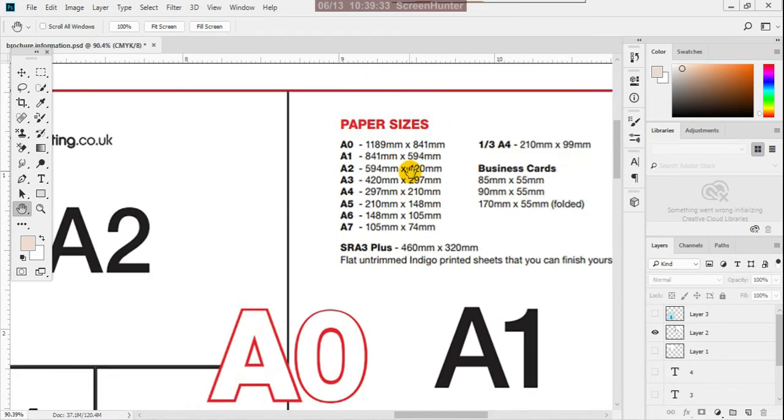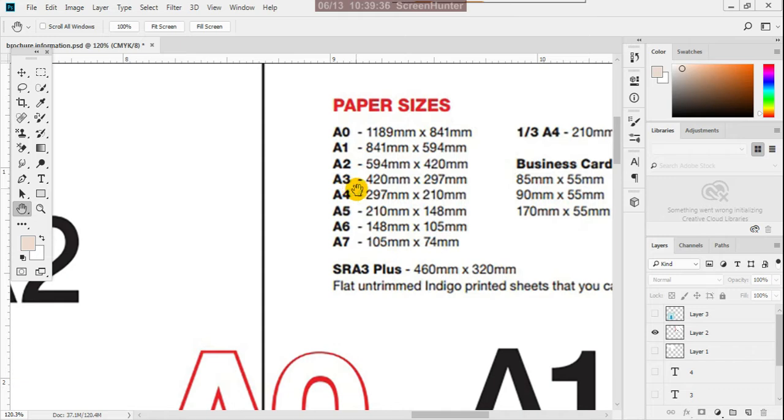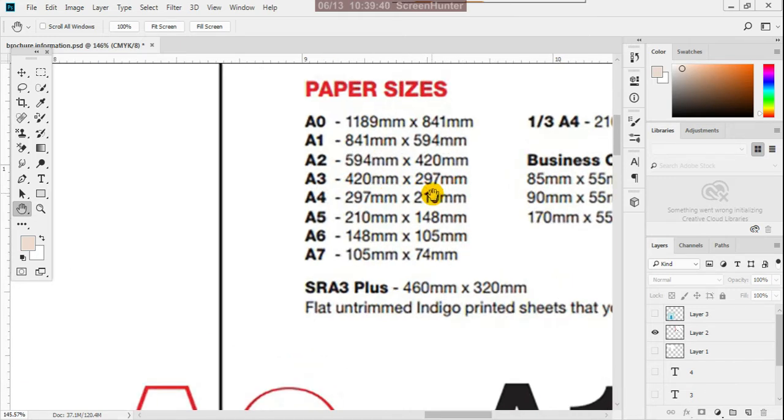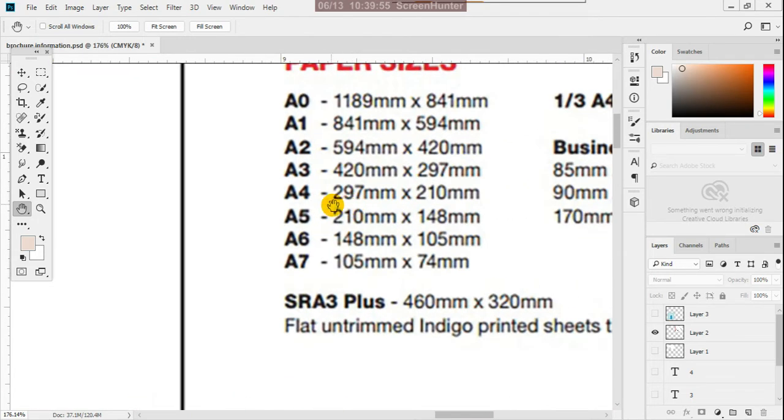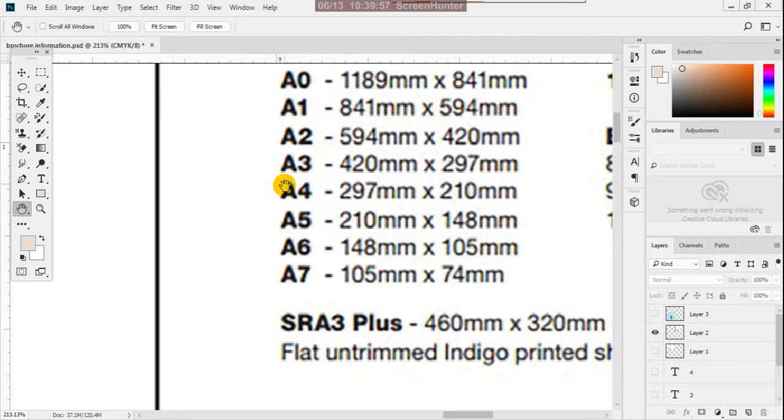Half of the A2 again is A3 size, and A3 size is 420 mm into 297 mm. Half of the A3 again we get A4 size. These are the stationery papers regularly used for typing purposes.